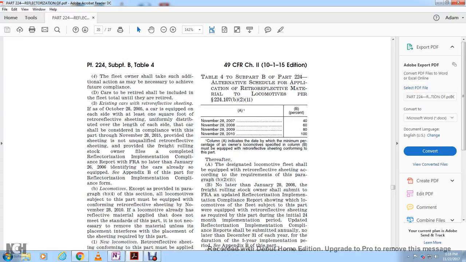Alright, Table 4, Subpart B, Part 224 alternative schedule for the application of the retroreflective material to locomotives per section 224.107 B2.2. November 28, 2007, 40%; November 28, 2008, 60%; November 28, 2009, 80%; November 28, 2010, 100%. Thereafter, the designated locomotive fleet shall be equipped with the retroreflective sheeting according to the requirements of